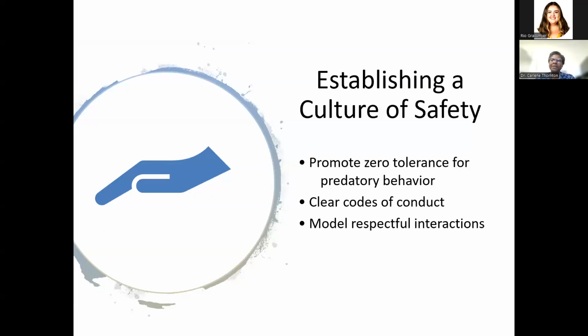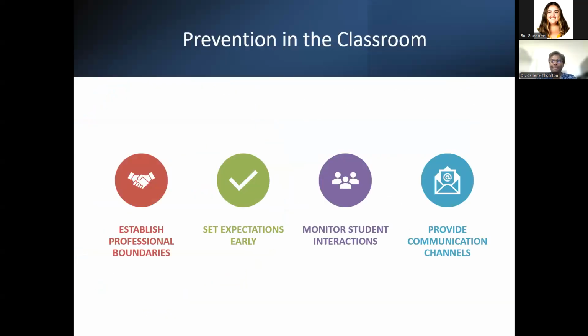So be proactive, but don't allow someone to force you to be complicit in their inappropriate activity, but establish that culture of safety to protect your students, protect yourself. And that's a part of paying it forward. And hopefully, someone will stand up for you or someone you care about when you're not in that space, when you're not in that room. So do the right thing, but establish that culture up front that predatory behavior would not be tolerated.